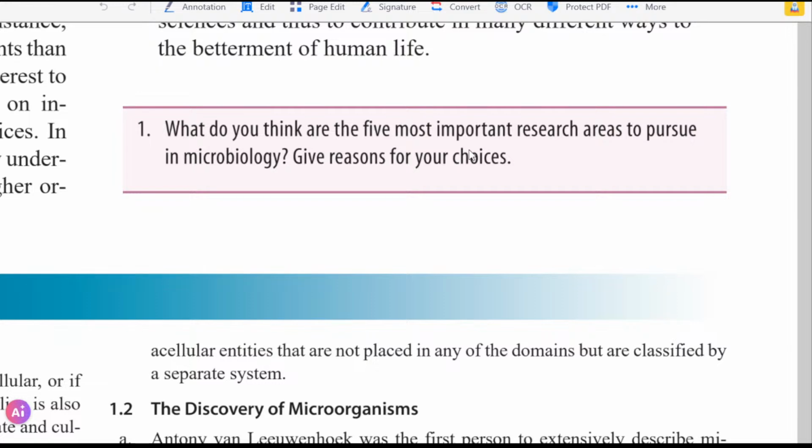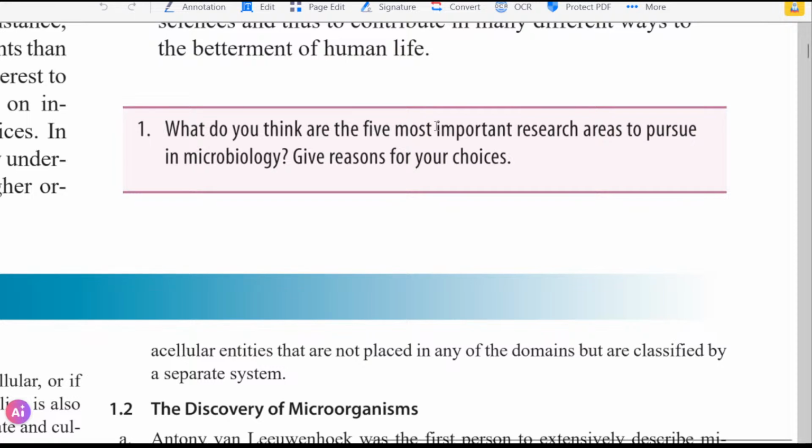5 most important research areas. So the first is medical microbiology. Like it started with this, the infections. Microbiology advanced in the medical field the most because it is related to human health and human survival. So that's the first. And by the way, if you let these medically important microorganisms free, it will cause disaster. Simple as that. There's the coronavirus and there was the black plague in history that wiped out quite a bit of the population of the earth.